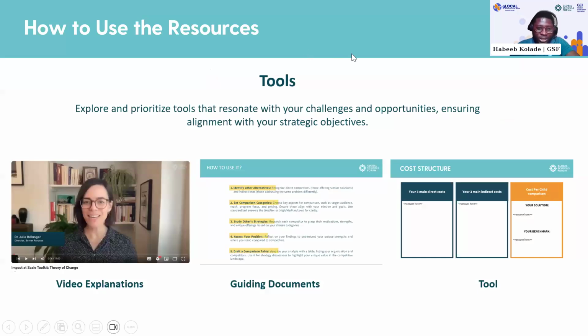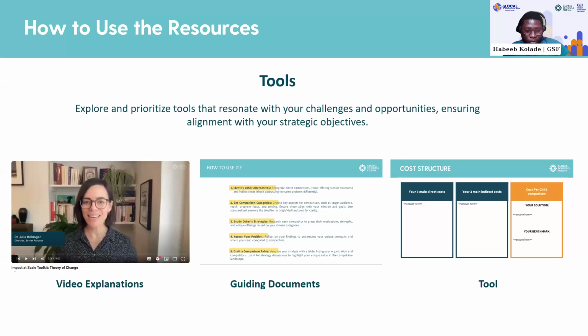So for each of the tools, we've done a lot of work to make it as explanatory as possible, starting with video explanation. For each of the tools that we provide on the toolkit, we have a video explanation by various experts who explain how to use the tool. And if you prefer a more text-based guide instead, we also have explanation documents that you can go through at your own time, at your own pace, to further explore how to use the tool.